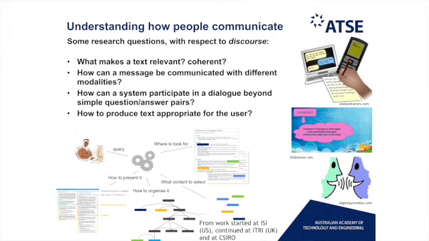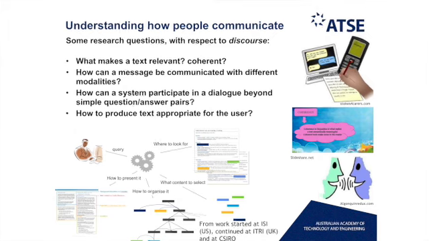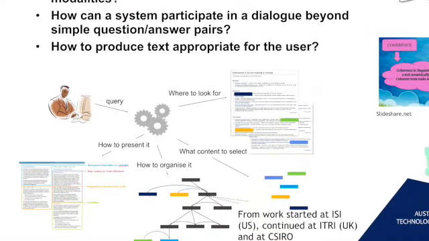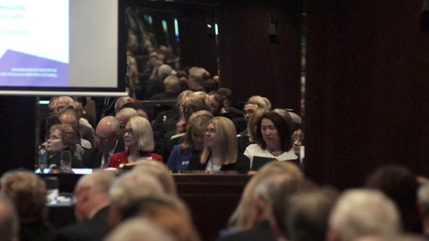Now, we've continued that work, both in the UK and at CSIRO, where we've developed a number of systems to produce what we call tailored documents. When you know about the user, you want to make sure you produce a document they can understand and that is useful for them for whatever purpose they are looking at. We've done that in a number of domains, including at CSIRO, public administration, the Department of Human Services, where we were able to show for the first time that, in fact, people would like such documents, and they would be willing to give information about themselves in order to get a document which is more appropriate to their needs.